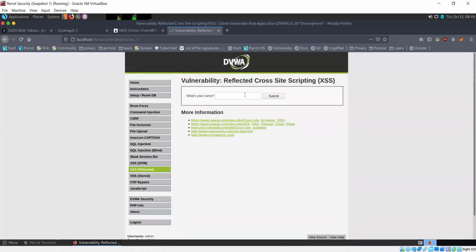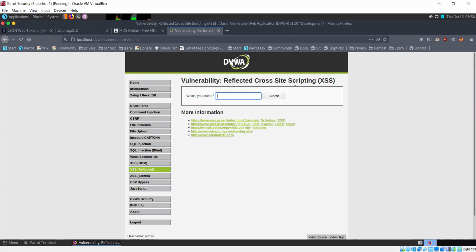So with cross-site scripting, what you're trying to do is insert your custom scripts, your malicious code, into any input fields that you see, in order to run that code. Now, cross-site scripting is of three types: reflected, stored, and DOM based.